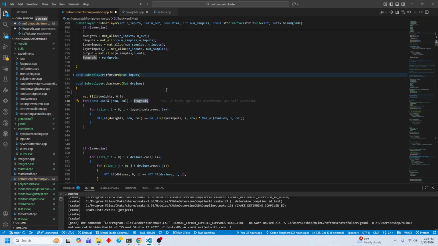So it'll go through each tuple in the vector of tuples, is what this for loop does. And then within that,